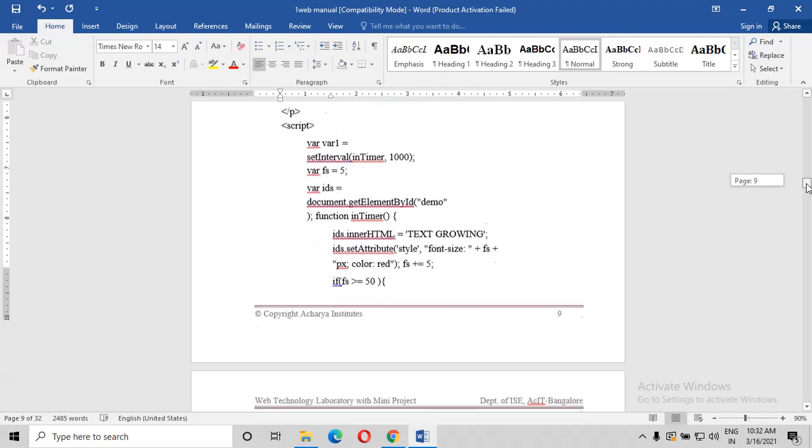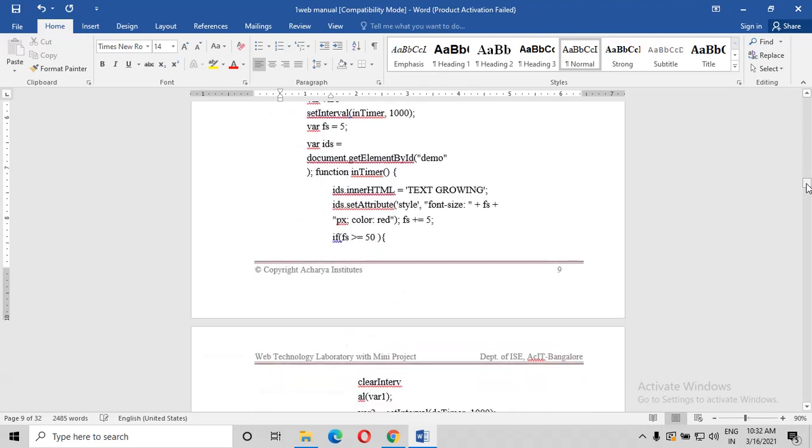You can see here the function in timer, the id's inner HTML, text should grow. Id's set attribute, please understand, set attribute style, this is the syntax we are going to use: style, font size, and the font size should increase with the color red.